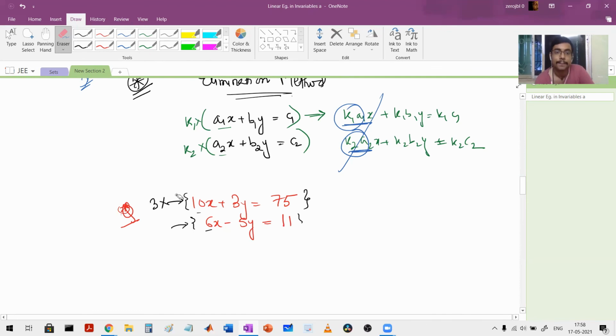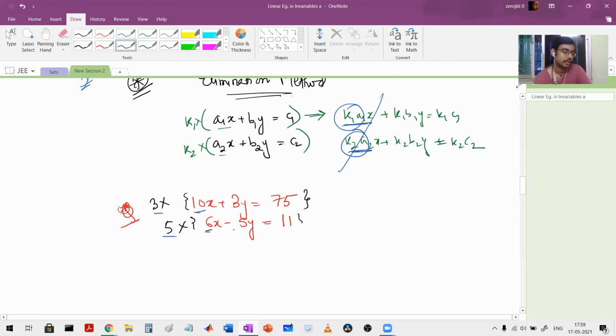That is a way. But what I'm trying will be a little less of calculation. If I multiply it by 3 and multiply it by 5, that 10 and 6 is just reduced into 3 and 5. Are you getting my point? Multiplying by 10 will be a little more of a calculation. That's why multiplying by 3 and 5. So this becomes 30 and this also becomes 30. Indirectly, I took the LCM of 10 and 6 and then tried to multiply by what it will become.